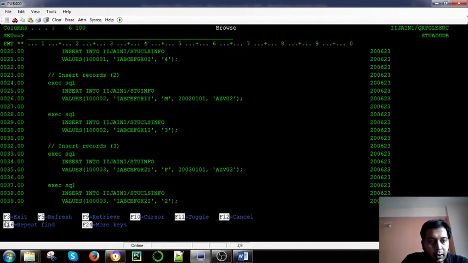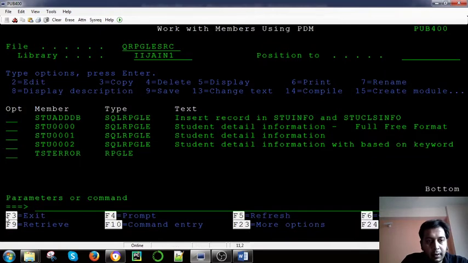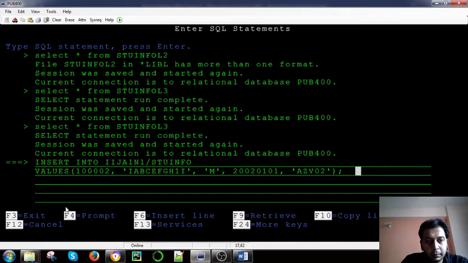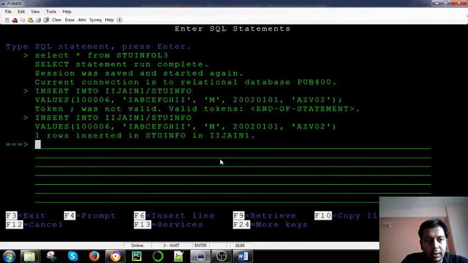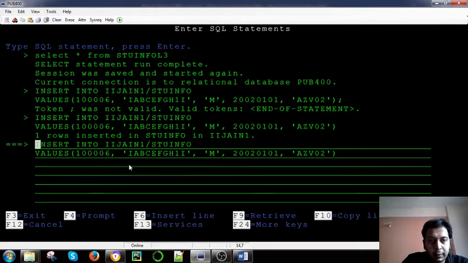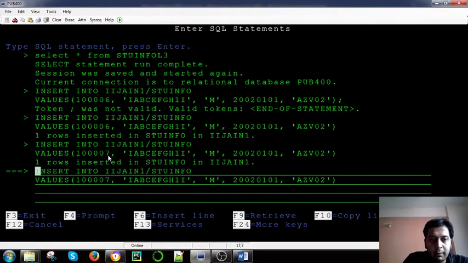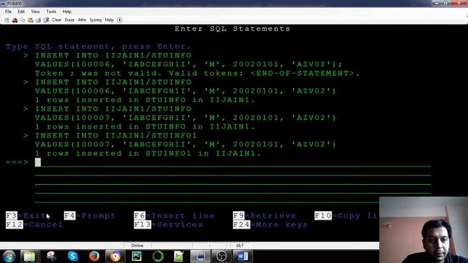Now I will add one more record in this student info file, I will give the record 6, okay? Semicolon, okay? So this record got inserted, and again I will insert the 7 one, okay? And again I will insert in the info file, 7, right?